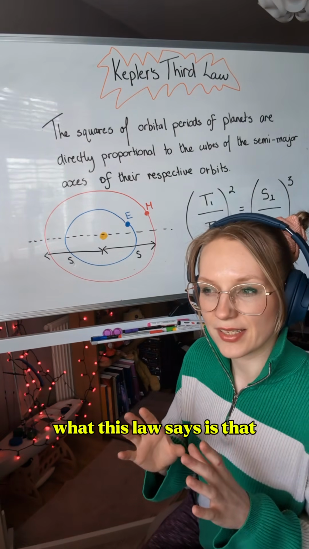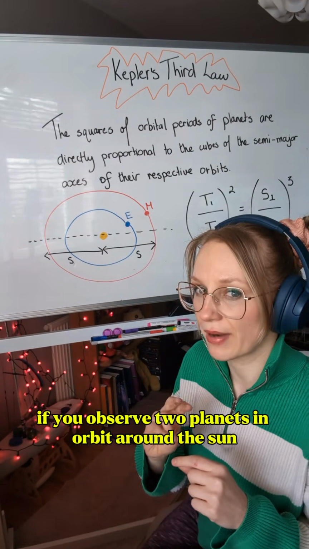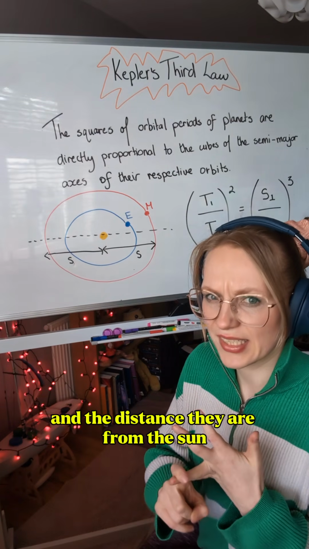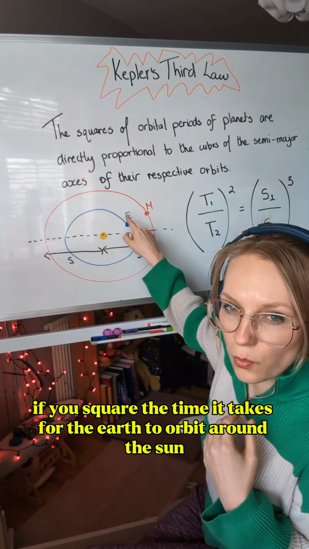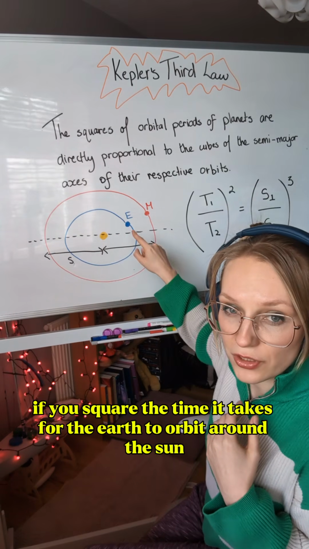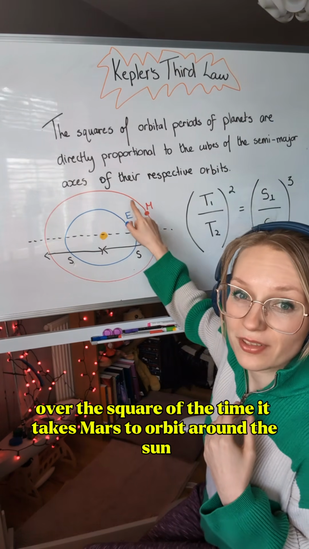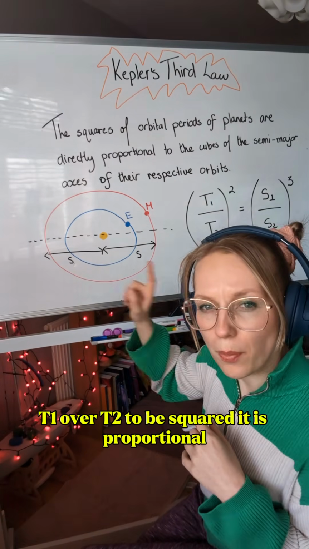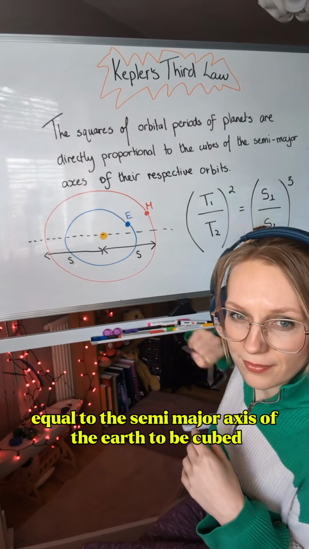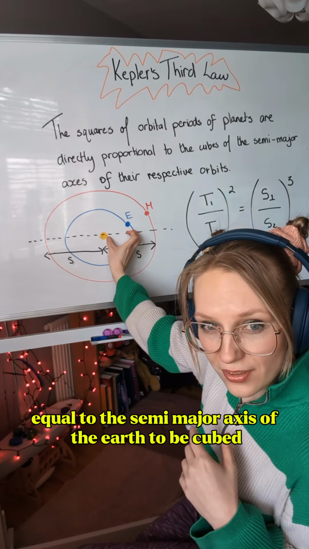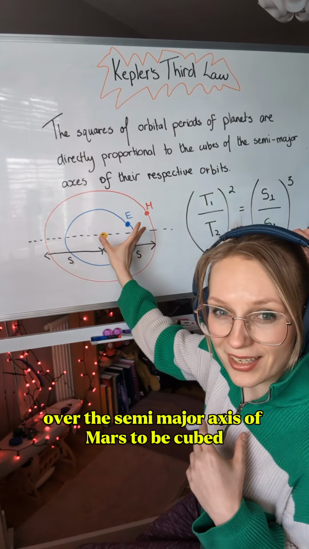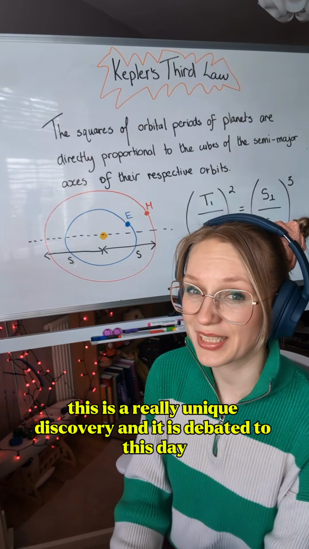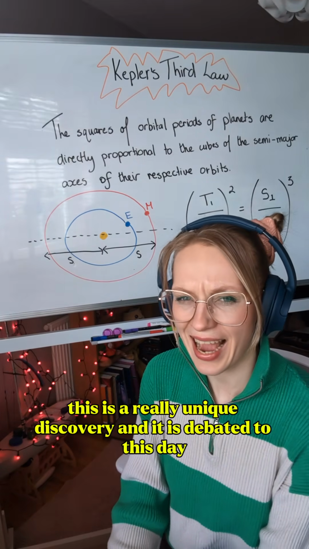What this law says is that if you observe two planets in orbit around the sun, they have a unique relationship with the time it takes to complete an orbit and the distance they are from the sun. If you square the time it takes for the Earth to orbit around the sun over the square of the time it takes Mars to orbit around the sun, T1 over T2 to be squared, it is proportional, equal to, the semi-major axis of the Earth to be cubed over the semi-major axis of Mars to be cubed. Hence the equation here. This is a really unique discovery, and it is debated to this day, how did Kepler